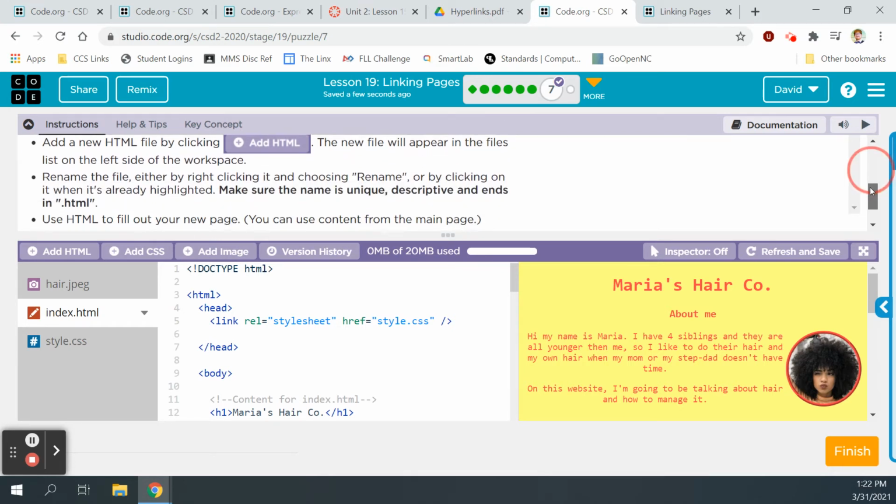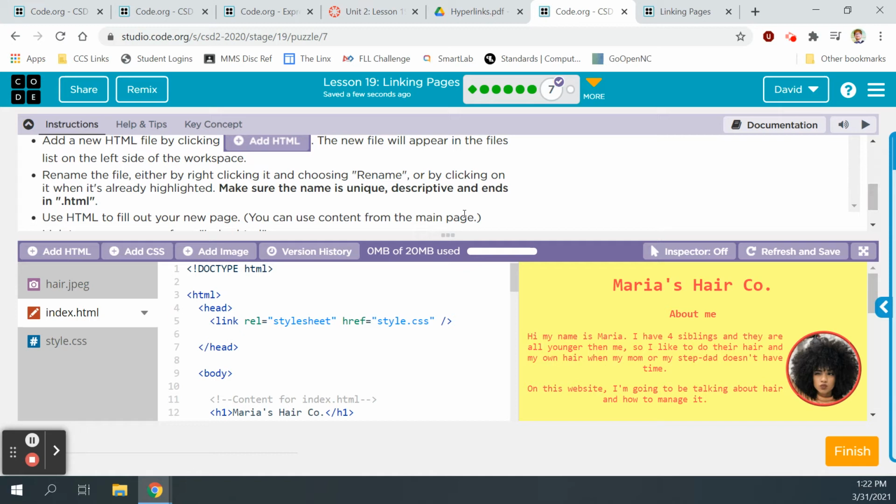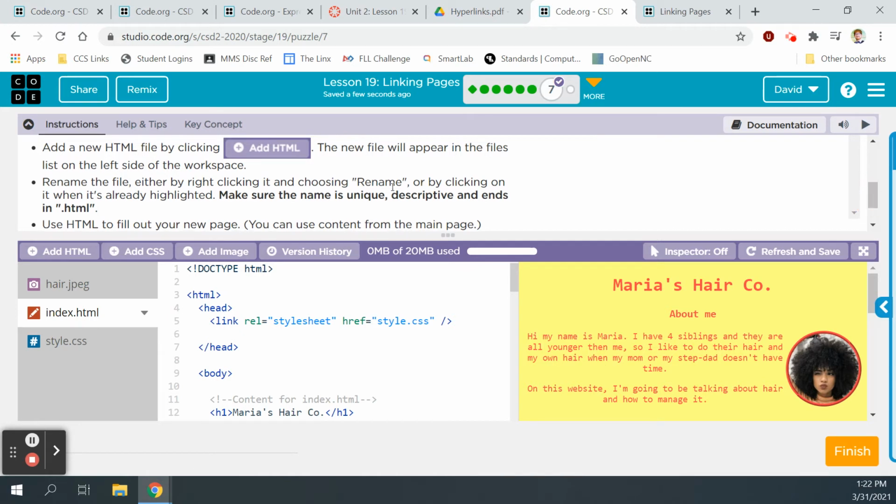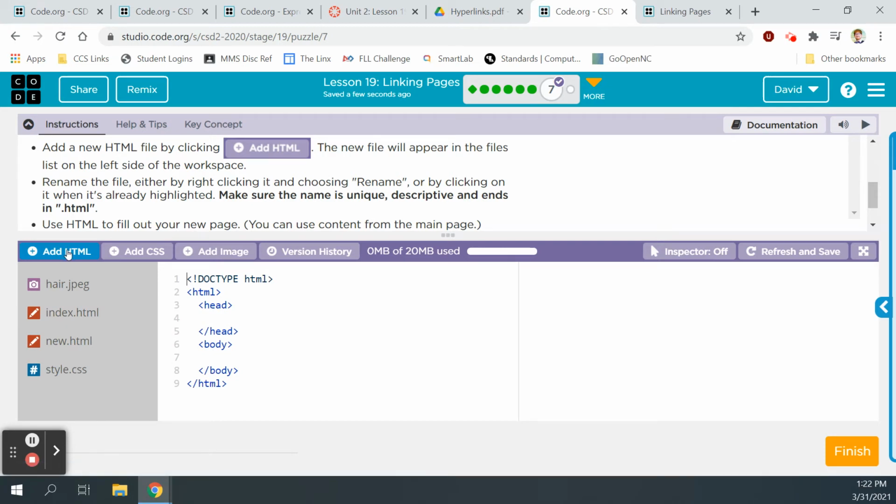So first, we're going to add a new HTML file by clicking Add HTML right here. And the new file will appear in the files list on the left side of your workspace. There's my new .html file that we just created. Rename the file either by right-clicking it and choosing rename, or by clicking on it when it's already highlighted. Make sure the name is unique, descriptive, and ends in .html. So for this one,